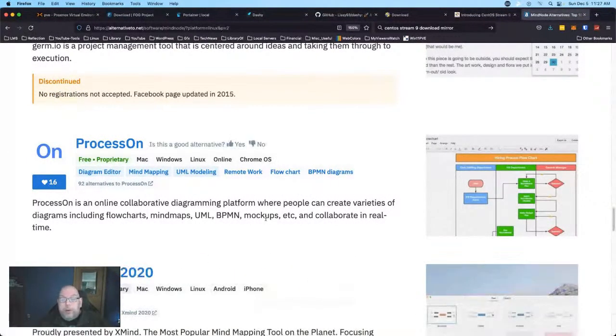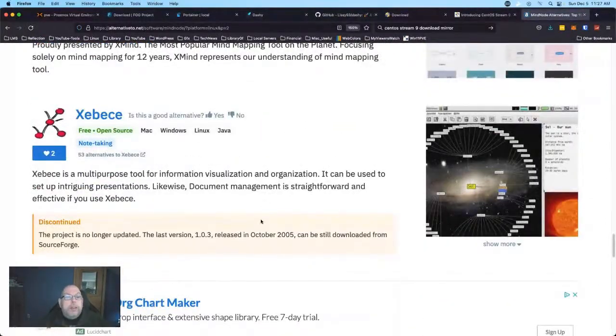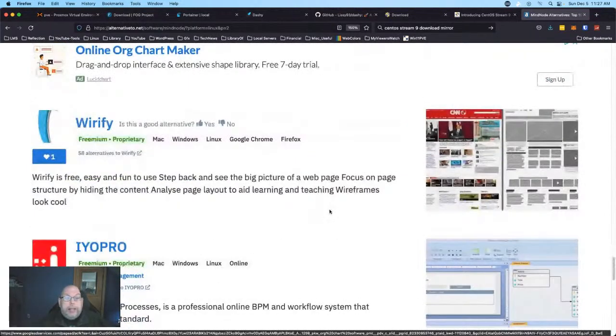But the point being that there are tools out there. This might be something that would lend itself well to a web-based tool. I tend to recommend and gravitate myself towards cross-platform tools, preferably things that are free and open source. That's one of the reasons that I can so smoothly move between Windows, Linux, and Mac OS